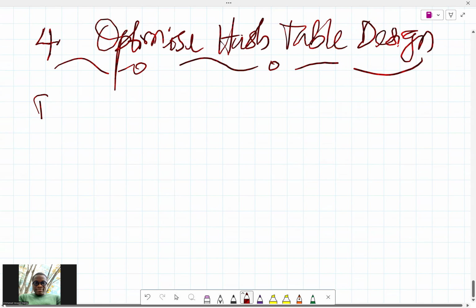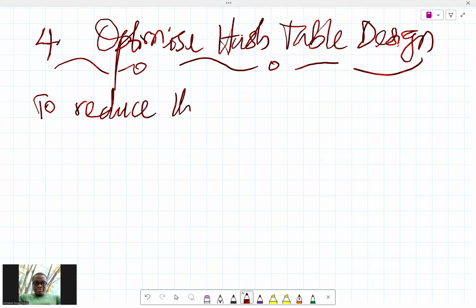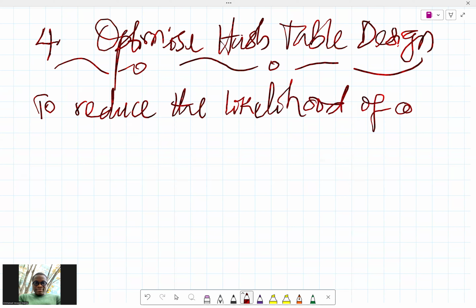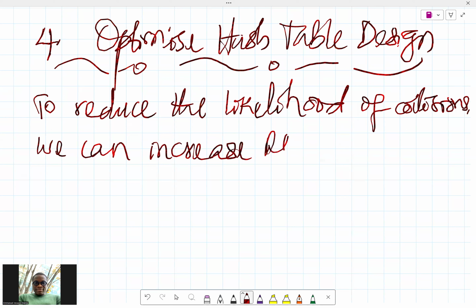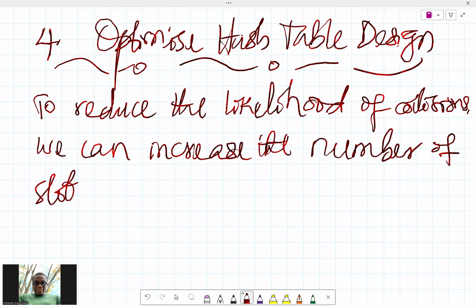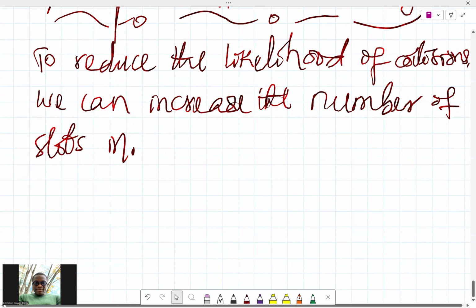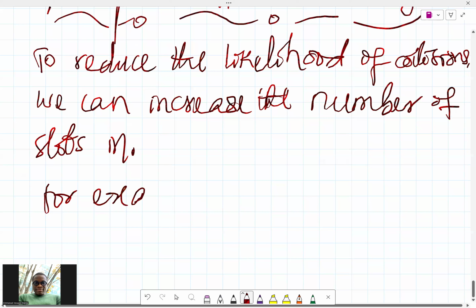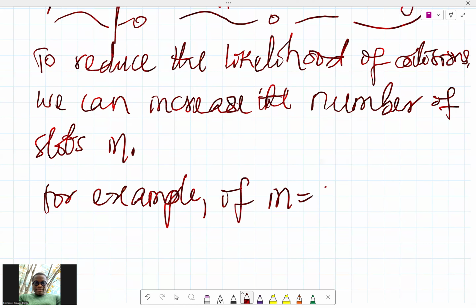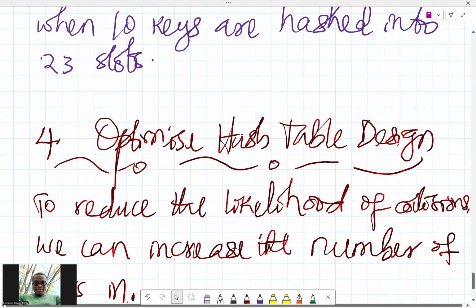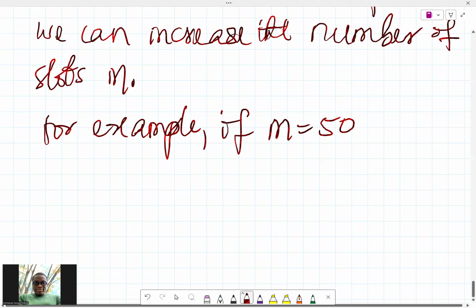So here now, to reduce the likelihood of collisions, we can increase the number of slots, M. For example, if M is equal to 50, instead of the 23 it was, the probability becomes